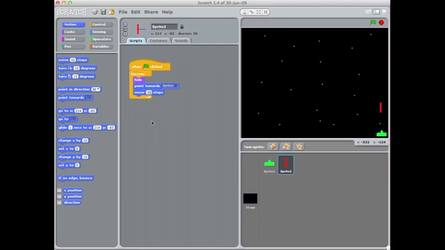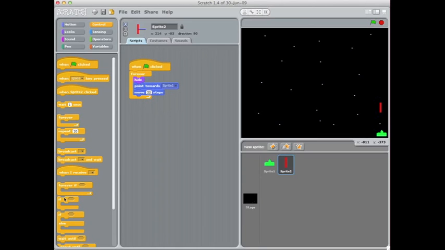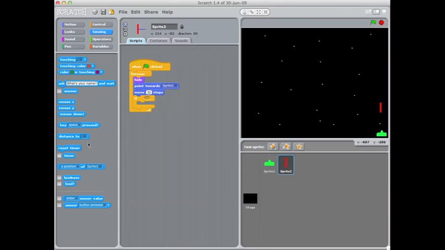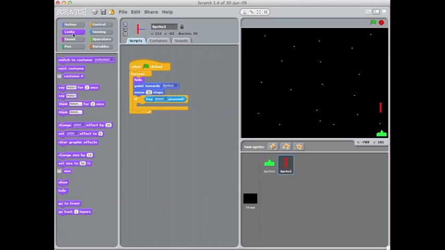Now to make it reveal itself and look like it's firing up the screen, we're going to add an if block, which again you'll find in the control area. Click that underneath the move block, and inside that if space we're going to say when we press the space bar, that's going to be my fire button in this game. So it's already got the space bar in there, I don't need to change that. So if the space key is pressed, I want this red sprite to be showing,